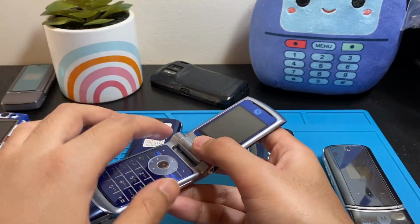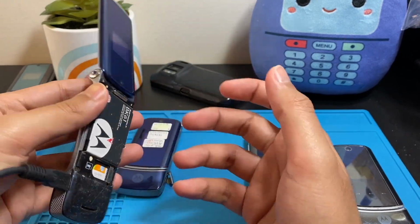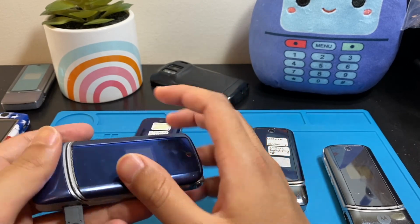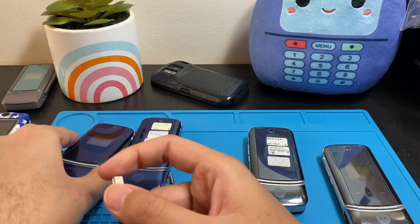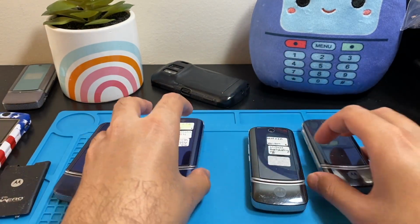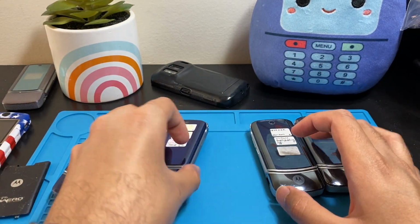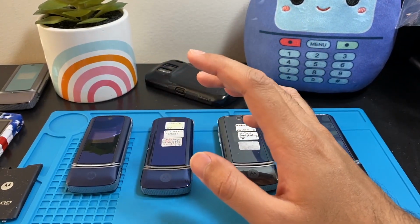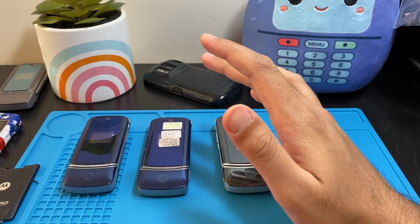So I went back to the two of these and put a SIM in to see if that makes a difference, and no, it still just wants to shut off. And it says insert SIM. So there's something clearly wrong with the two KRZR K1s, but the two K1Ms are just fine. So two repair videos that we will do in the future, so definitely stay tuned for those by hitting the